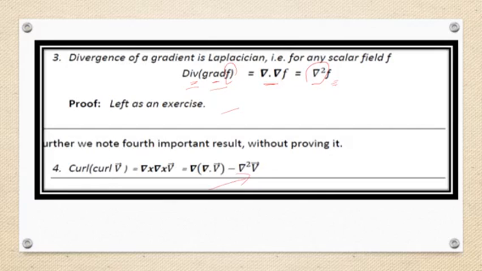Curl of curl. Curl is a vector field. Therefore, once again we can take curl. Curl of curl, that is gradient of the divergence of that vector field minus directly operating Laplacian on vector field. Therefore, now you know that curl, divergence, Laplacian, all those differentiation of the fields are very important to know the electromagnetic